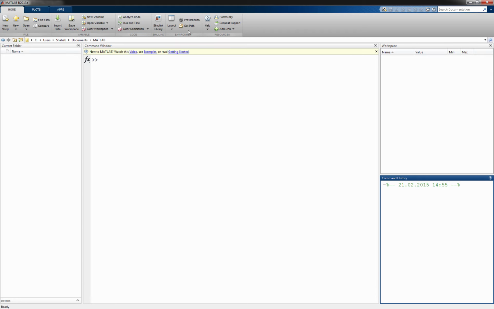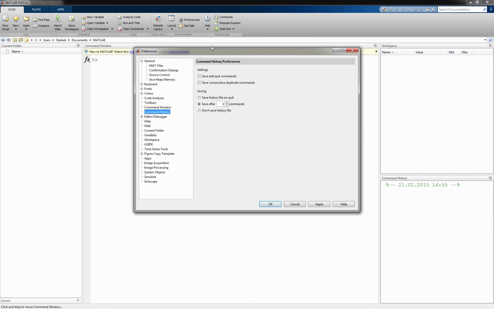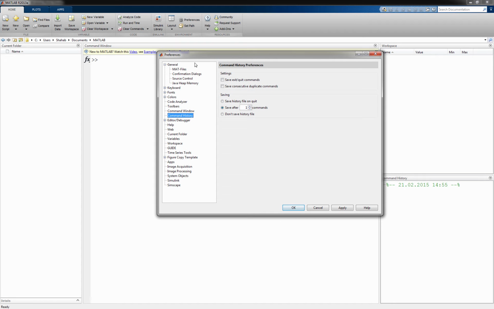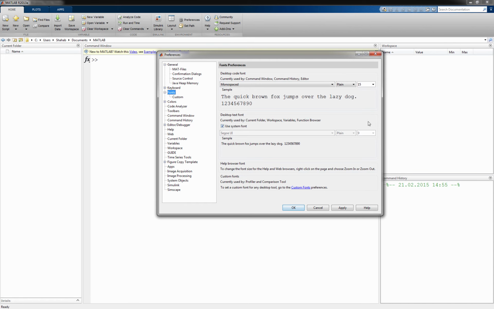Now in the tool strip we have several other options which you can always click and see, like help and what help does. One of the things that you might use is called preferences. If you click on the preferences, what I already have done is I come here and I see that there exist so many options that I can change. For instance, I can go to the fonts and change the font. Right now I have chosen the font to be of size 15, so when I am typing it will be much bigger on the screen and I can see it easier.